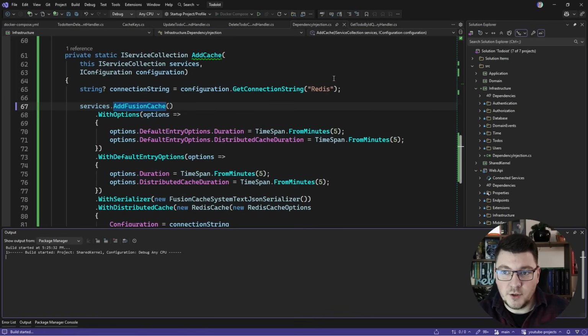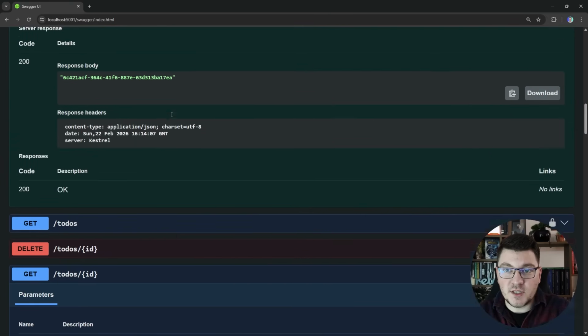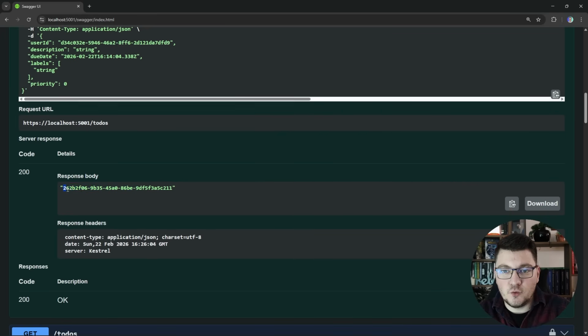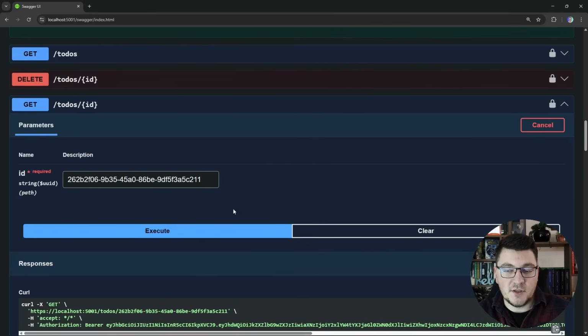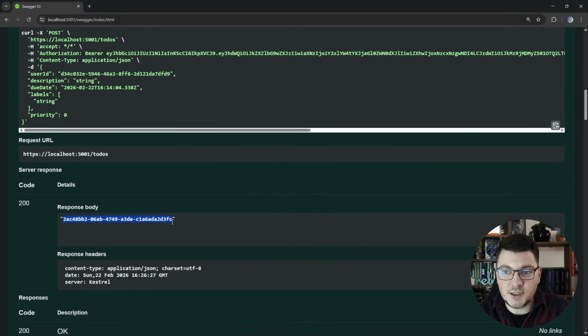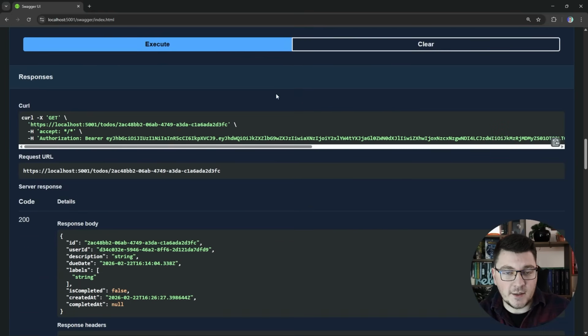To show you that this works, let me start the application, and back in our Swagger UI, I'm going to send a couple of requests with different to-do item IDs to just force them to be cached. Now the first request here is going to execute this and give us back the result, but it's also going to cache it in both the first level cache, which is in memory, and the second level cache, which is